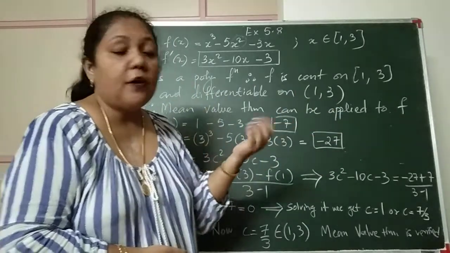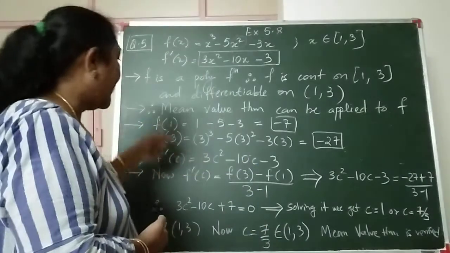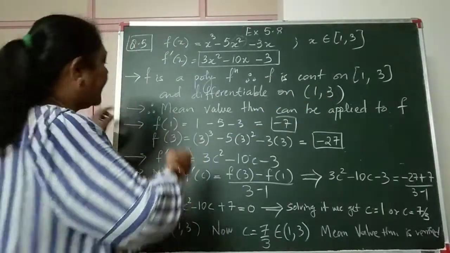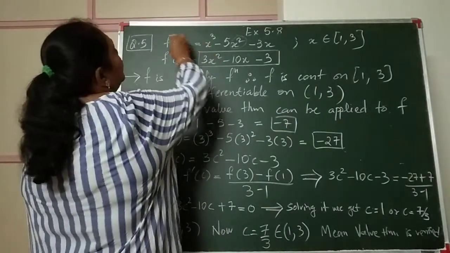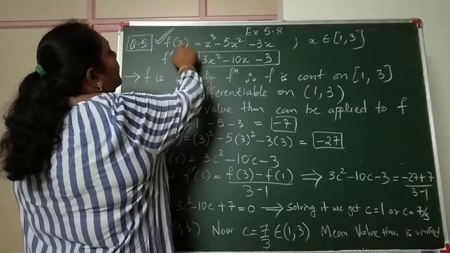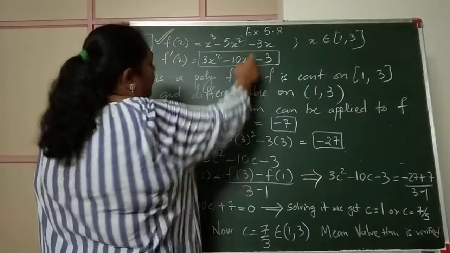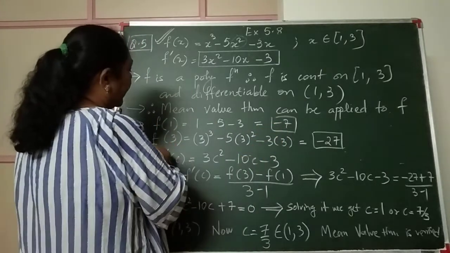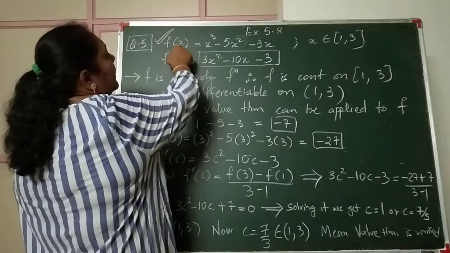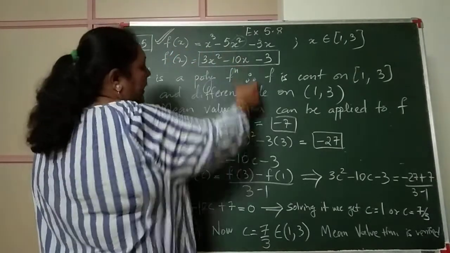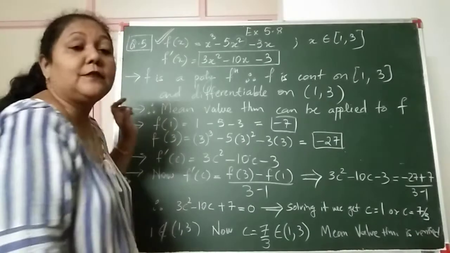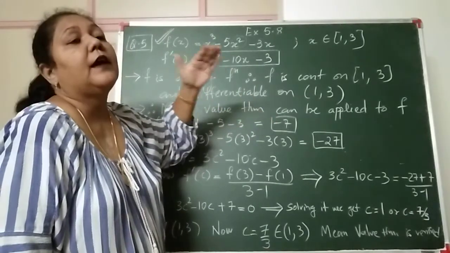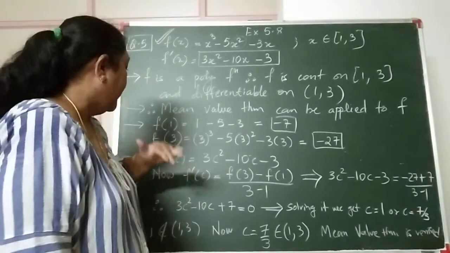तो पहले f of a और f of b हमें पता होना चाहिए. तो let us calculate f of a. A is 1 and b is 3. So I calculate f of 1. In this expression of f of x, I put x as 1. So everywhere I put x as 1 and I get my answer as minus 7. Then in the second one, f of 3. So here in f of x, I put x as 3 and I solve and I get it as minus 27. Now I found f of a, I found f of b.